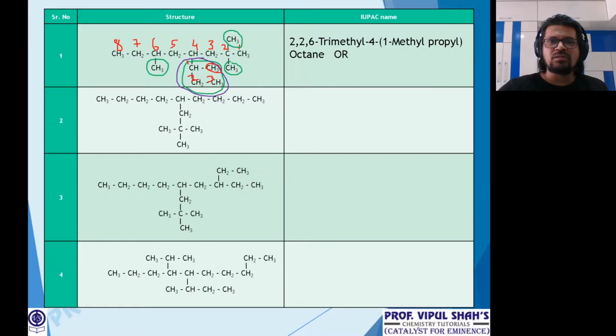How many carbon atoms? 4. That means butyl. We all know butyl. For alkyl groups, we have a formula to calculate isomers: I equals 2 raised to n minus 2. So 2 raised to 4 minus 2, that will be 2 raised to 2, which is 4. So butyl will have 4 isomers: n-butyl, isobutyl, sec-butyl, tert-butyl. Which one is it?